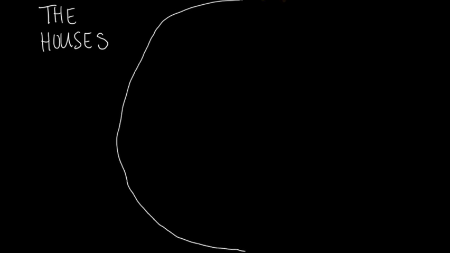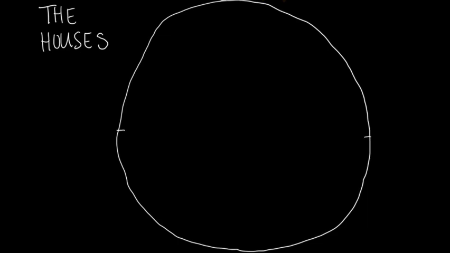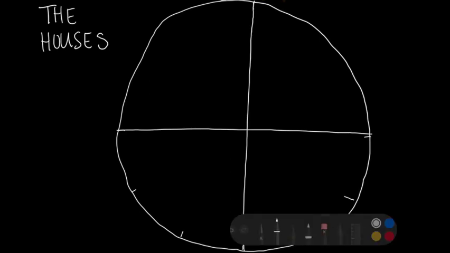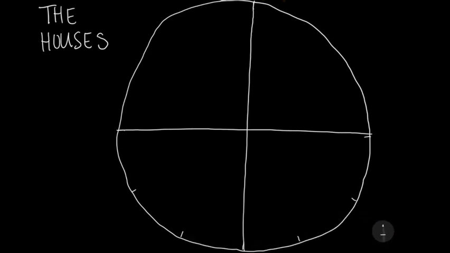So when we discuss houses, we need to think of them in a circle because they are cyclical and they roll into each other, you could say. So if you have something to draw along, I would highly recommend that. Always start, obviously, with a circle, but then doing a horizontal and vertical line. The horizontal line represents the horizon, so the leftmost or eastmost is where the sun rises, and west is where it sets. The middle line is the highest point in the sky and then the lowest, and then as you see, I split each